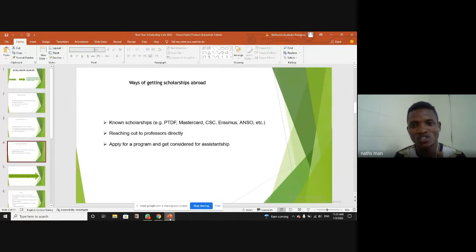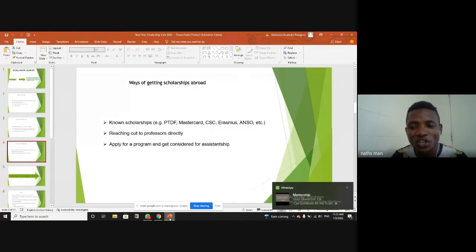Then, ways of getting scholarships abroad. One is the known scholarships like PTDF, MasterCard, Commonwealth Shared Scholarship, Commonwealth Scholarship, Queen Elizabeth, Erasmus Mundus, ANSO, and so many others. So it depends. These ones are known and they are very competitive because it's already global. So people apply from different countries because they already know that this